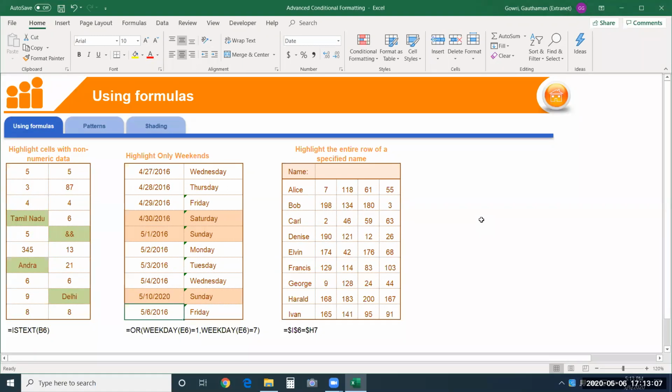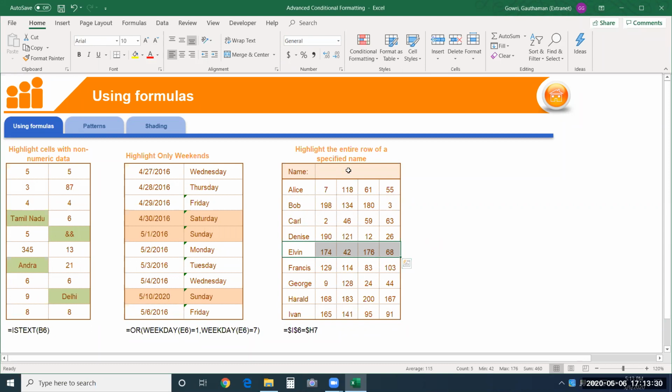And the next example here, see, we are trying to find out the name present over here. See, in the list available to us, we have some names here. As soon as I enter the name of that person, the entire row of that particular person should be highlighted for me.